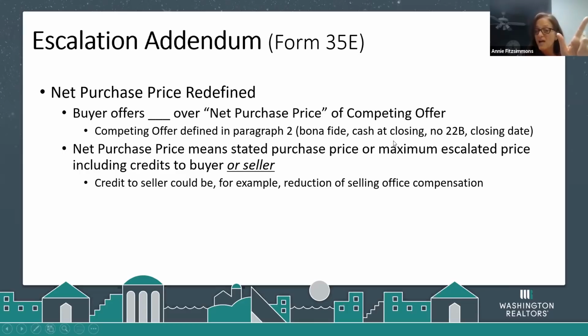It has to result in cash to seller at closing. It doesn't have to be an all-cash offer. It could be buyer getting financing, but it has to result in cash at closing to seller, so it can't be seller financing. It cannot include a Form 22B home sale contingency, and the closing date has to occur not later than the date specified on the face of buyer's Form 35E, 60 days by default, but there's a blank